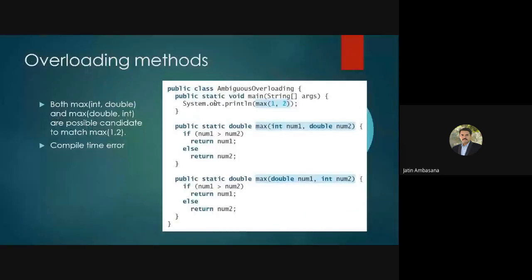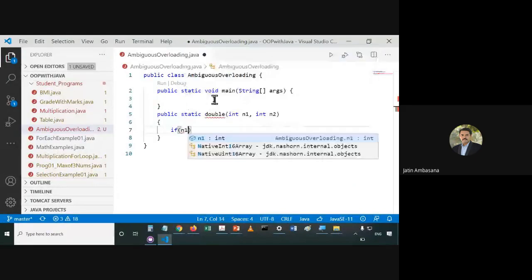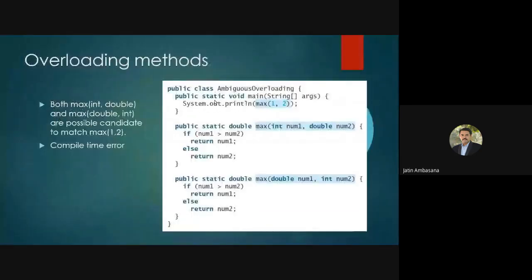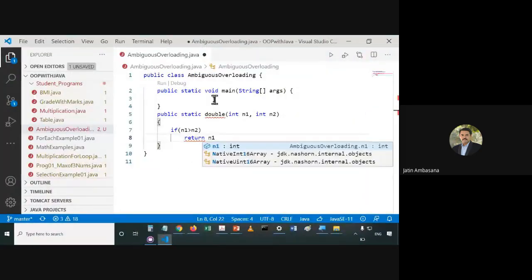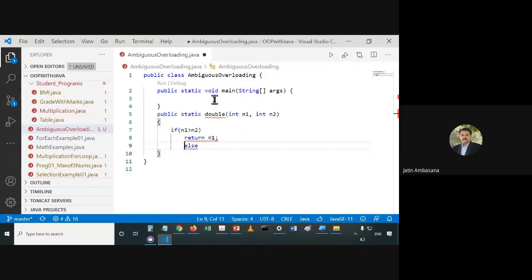And it has got some coding, right? If n1 greater than n2, then return n1, else return n2. You see that?